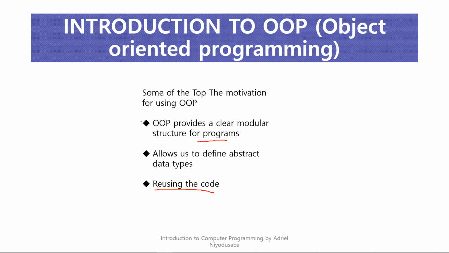We want to be able to write our code in such a way that we can reuse it in other programs or in other sections of our program. It also allows us to define abstract data types. Now this might be hard for you to understand at this point, but imagine if I